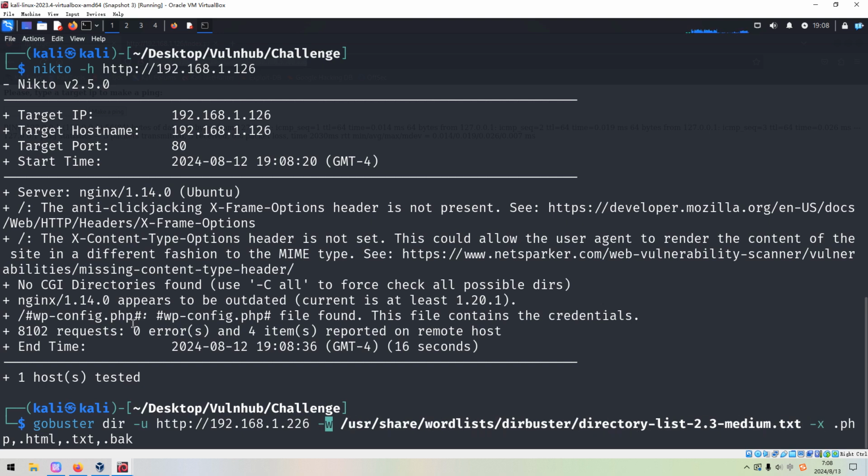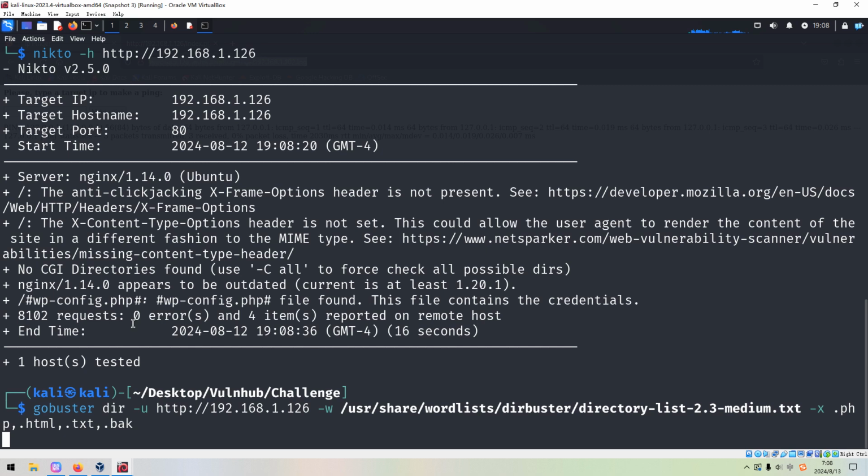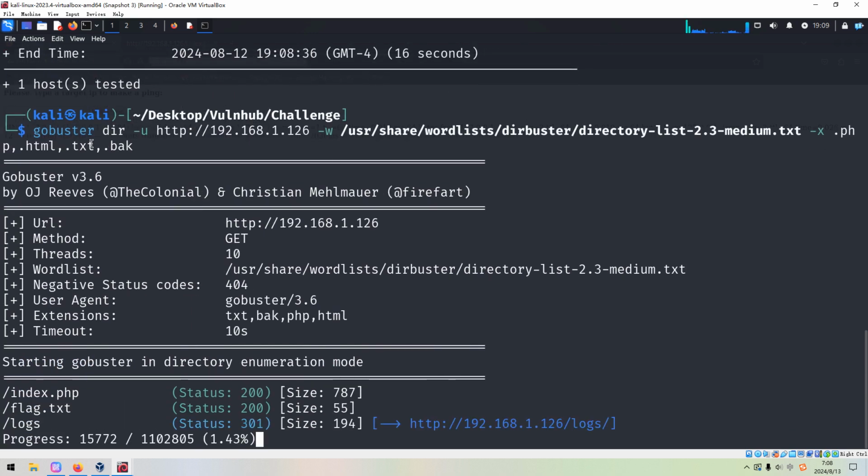We can change the IP address to our target. Let's press enter. So I use the -u to specify the URL of the target and use the -w option to specify the word list. Of course, I always use this word list to start with, okay? And use the option of -x to specify the extension options.